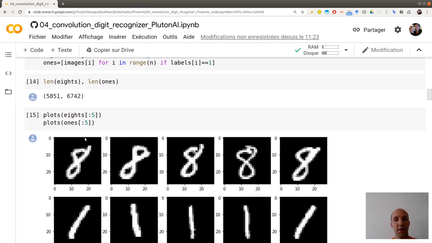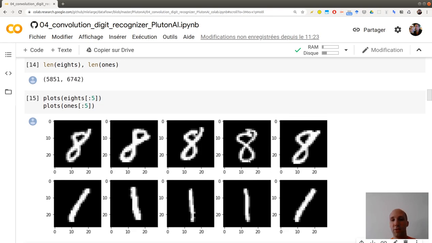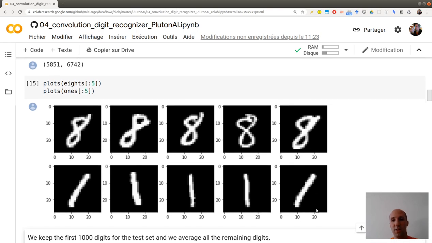Okay, and here are some examples: the first 5 examples of 8, the first 5 examples of 1. So you see, this is not a very hard task. You should get pretty good results with any decent algorithm because 8 and 1 are quite different from each other.